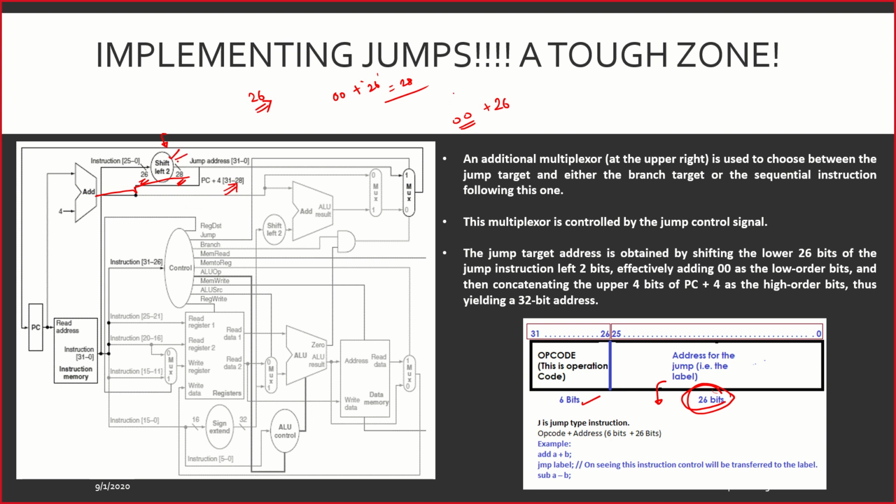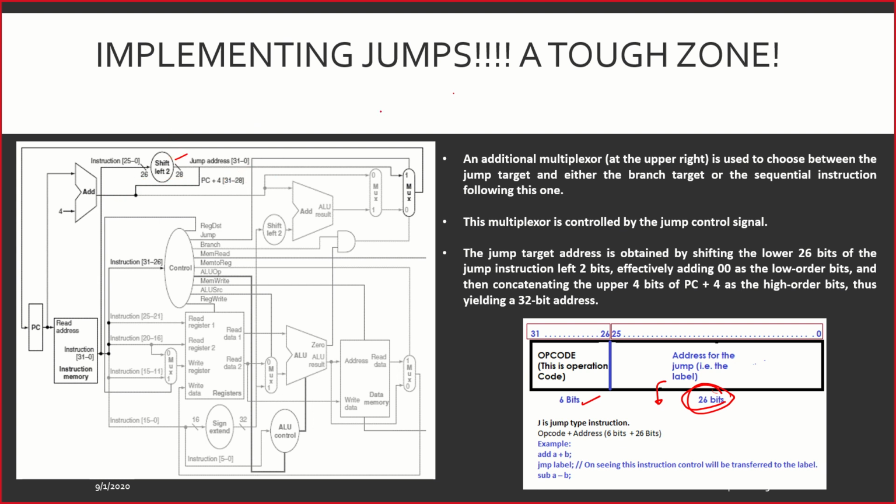Now I already have 0 to 27 here, and 28 to 31 plus 0 to 27 gets you 0 to 31, and that's your new location. I repeat it. I know it would be a little tougher for you to understand right now. I'll just repeat it once again so that you will understand this jumping alone easily.